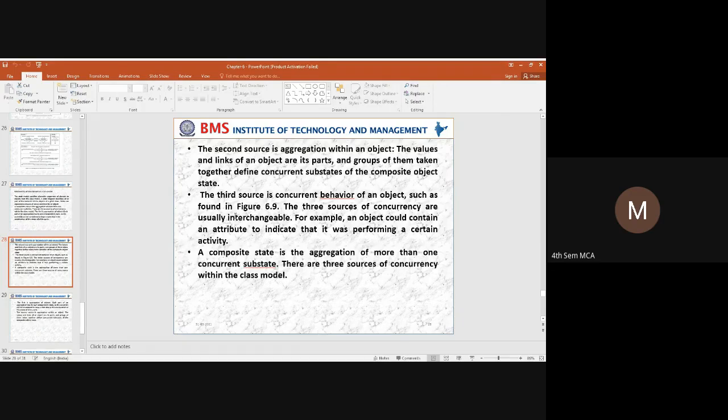And the next thing is, the third source is concurrent behavior of an object. So when we are using concurrent activity, simultaneously how the objects are going to behave, whether those objects are interchangeable, whether the attribute value is going to change, how the attributes are going to perform their activity based on a certain condition.